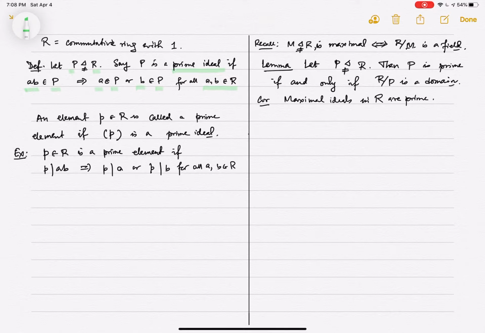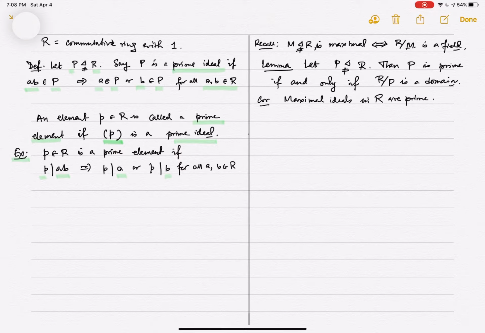That's the definition, and this is like the definition of a prime number. We have seen that if you define the divisibility among ideals properly. And an element is called a prime element if the ideal that it generates, the principal ideal that it generates, which is denoted by (p), is a prime ideal. So if you unpack what that definition says, it says that some element is a prime element if whenever the element divides the product of two elements of the ring, then it must divide one of them, which is the basic property of